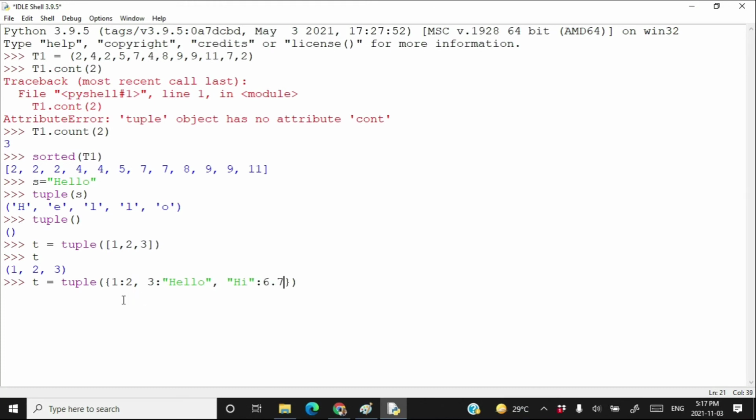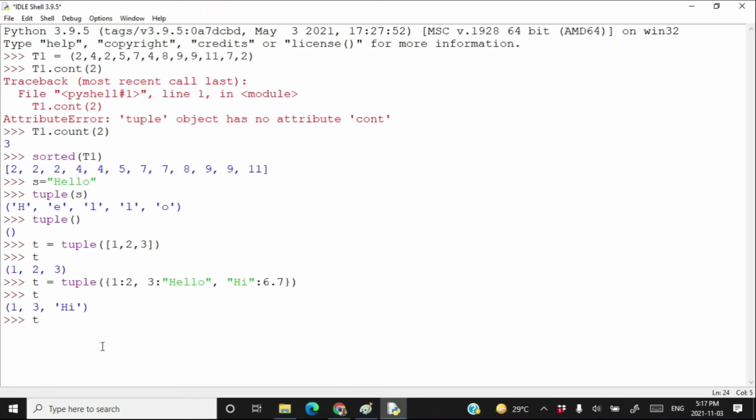So there are 3 keys in this dictionary, 1, 3 and "hi", and 3 values, 2, "hello" and 6.7. We already have talked about dictionaries briefly in a video. The link to that video is given in the video description. So if you press enter here and type t, you get a tuple of the keys. Getting me? The values, meaning 2, "hello" and 6.7, are not added to the tuple. Only keys are added to the tuple.